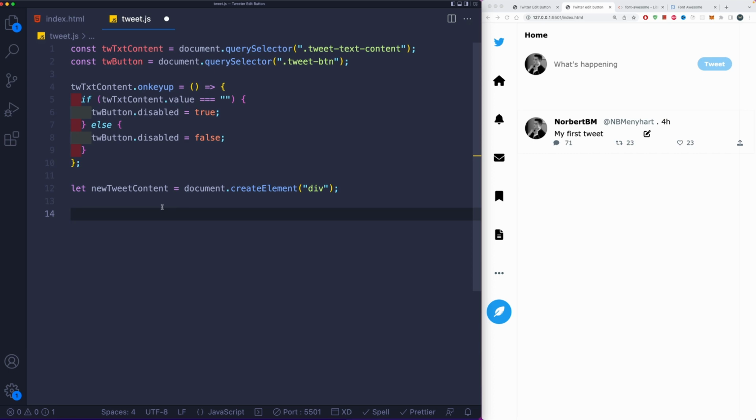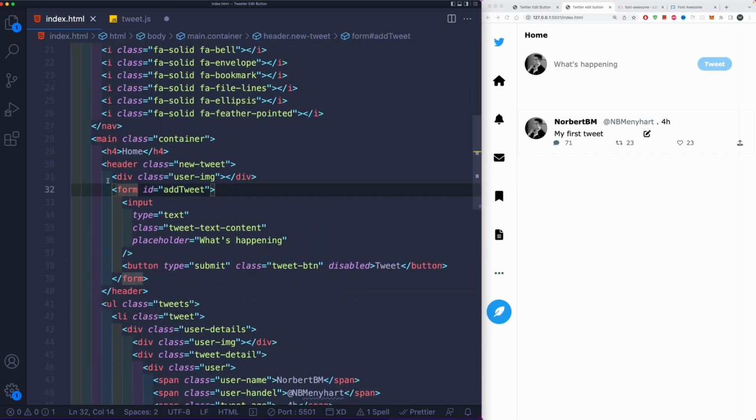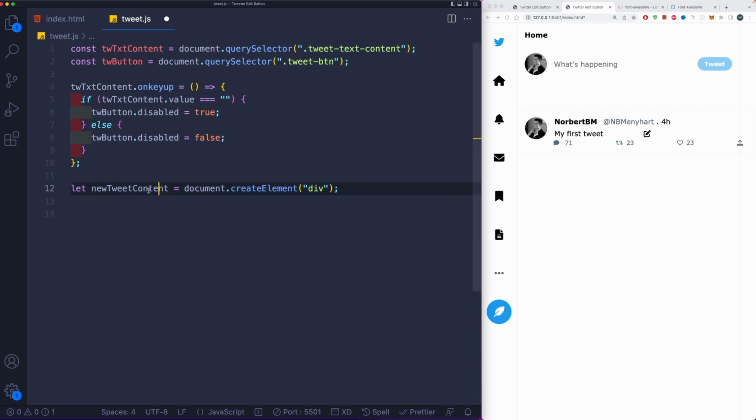Now how should we be able to create this div? Well, by using our form up here. When we click on the tweet button, it should actually submit this form. You can see it's submitting and creating a tweet down here. Our first problem is that this form is automatically submitting, and if you're following my channel, you already know